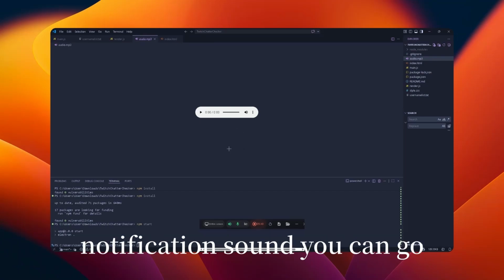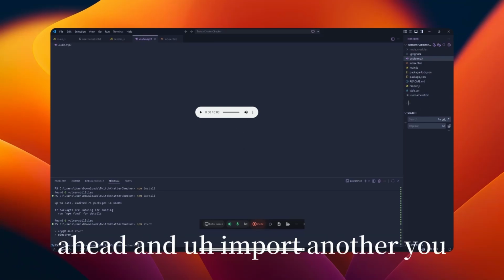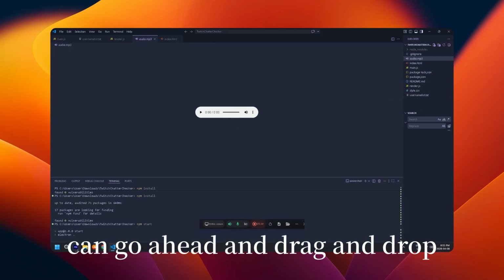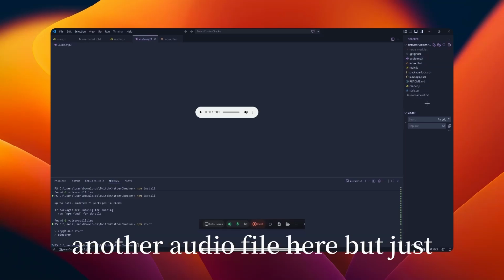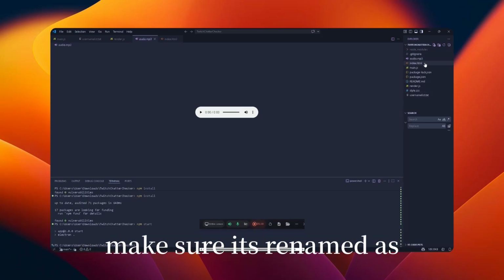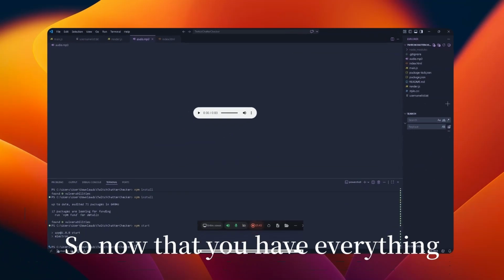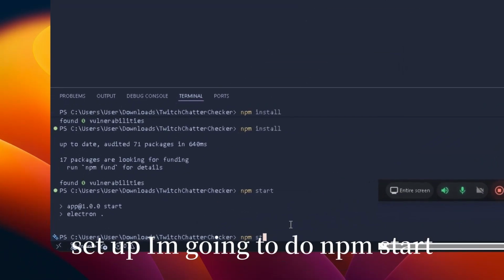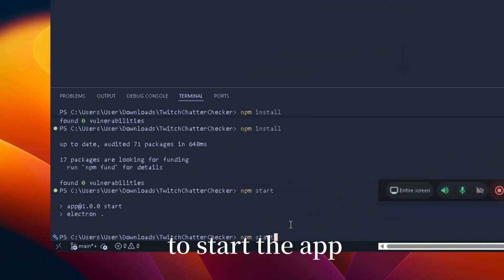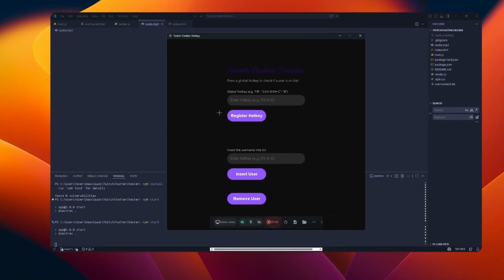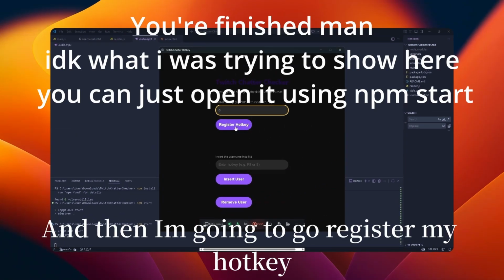If you don't like this notification sound, you can import another. You can drag and drop another audio file here, but just make sure it's renamed as audio.mp3 or else it's not gonna work. So now that you have everything set up, I'm gonna do npm start to start the app, and then I'm gonna go register my hotkey as well. Register